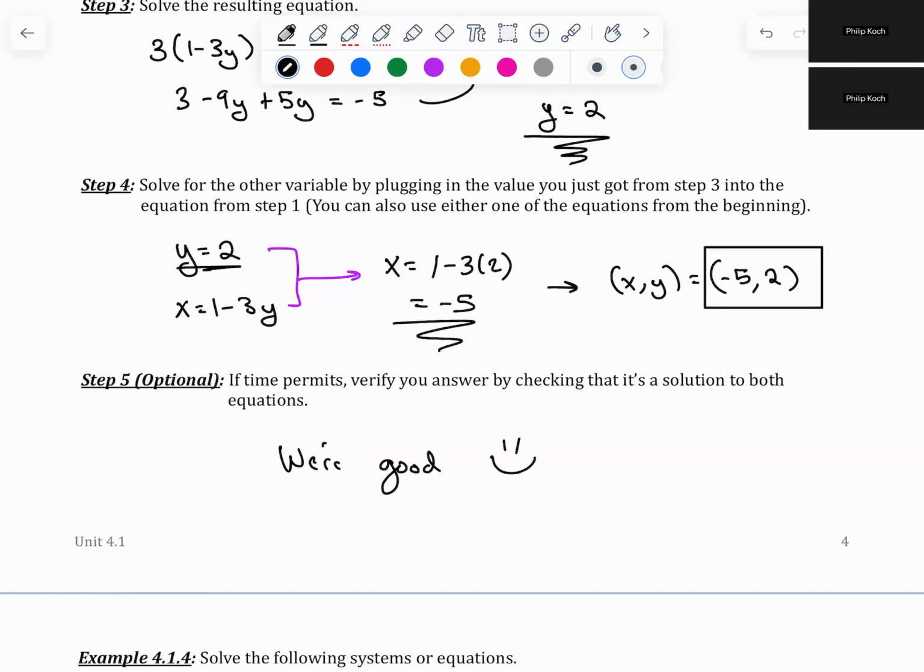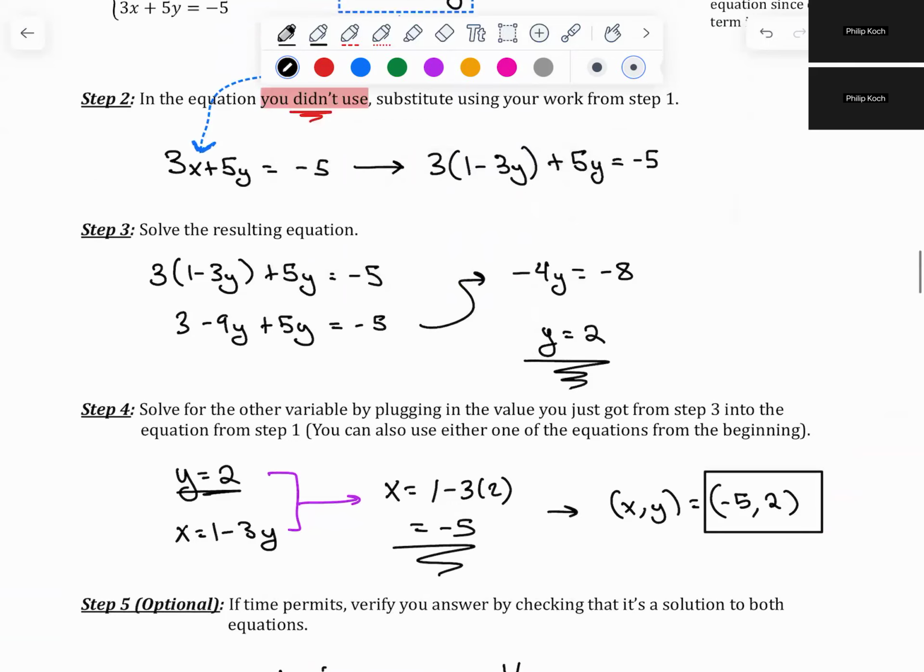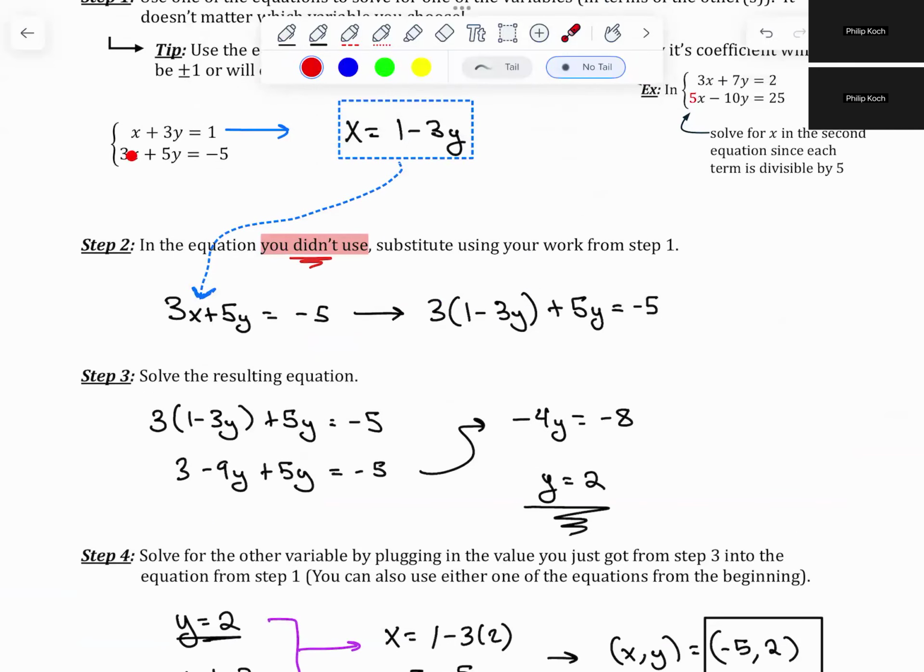We can do it in our heads. We can do it on our calculators, however you want to do it. The good news is that with systems of equations, you usually have all the variables on the left and a number on the right. So as long as you plug in the numbers into your calculator, just do 3 times -5 plus 5 times 2 and see what number you get on the calculator. It should show up as -5 and you'll be good. So you don't need to check both sides because one side is already just a number. But either way,